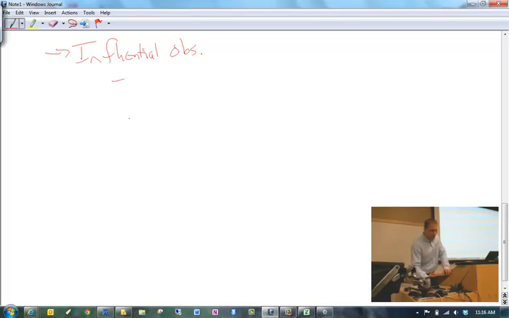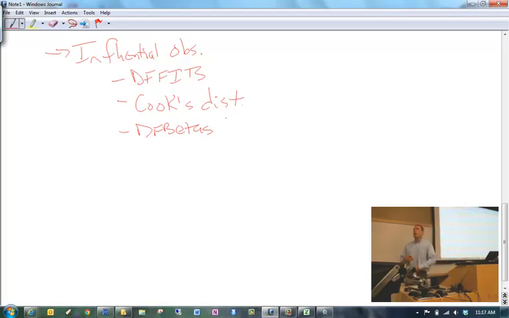So we looked at 3 different ways to look at these influential observations: DFFITS, Cook's distance, and DFBETAS. Make sure you know how to calculate these and what they represent. For example, why is Cook's distance, let's say, a more serious problem than a problem maybe detected by DFFITS. Make sure you understand how to detect the problem cases. If you remember, we had certain guidelines that we would use.